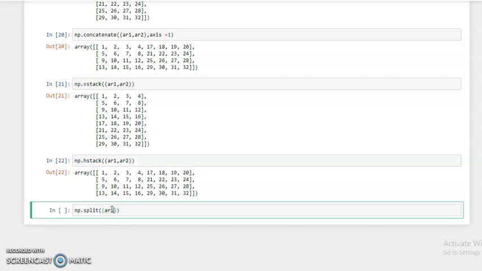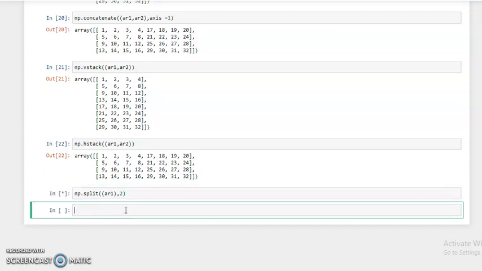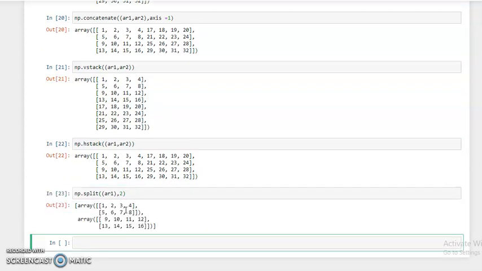We want to split array 1 into, suppose, two parts or three parts. If we want to split in two parts, we pass here 2, simply 2, and then run. Okay, you can see here this array is split into two parts.